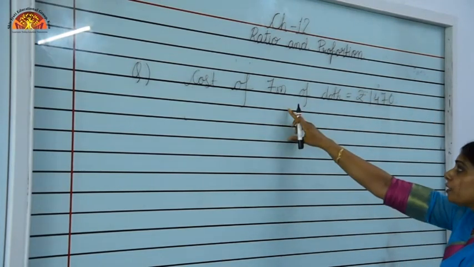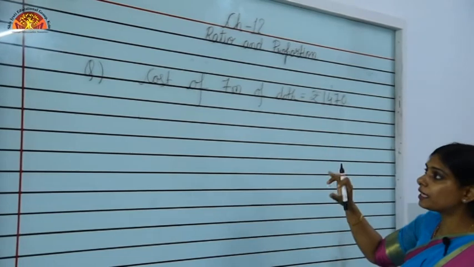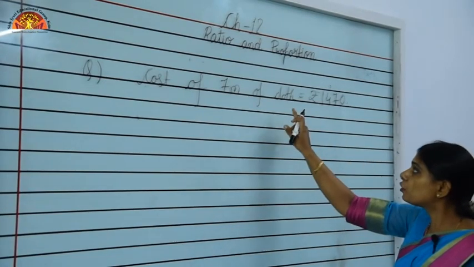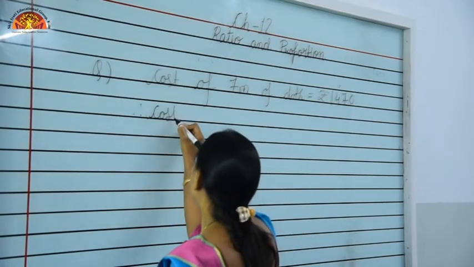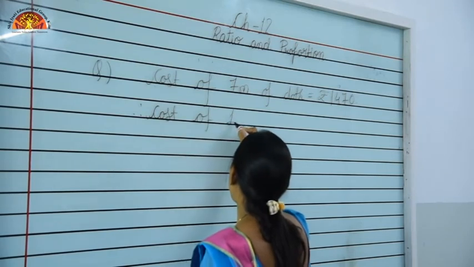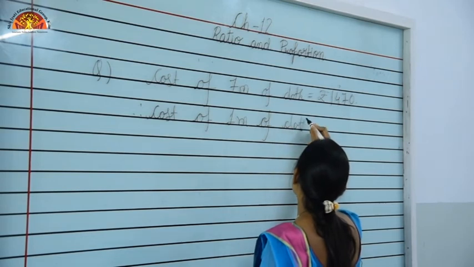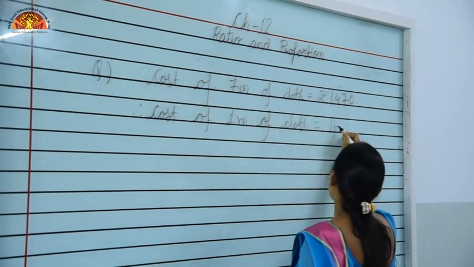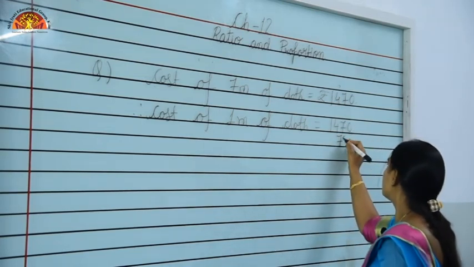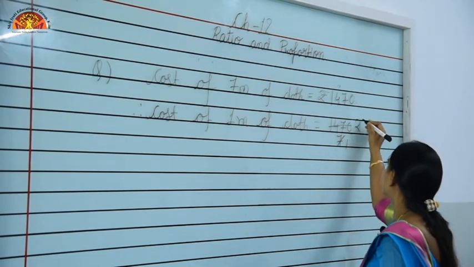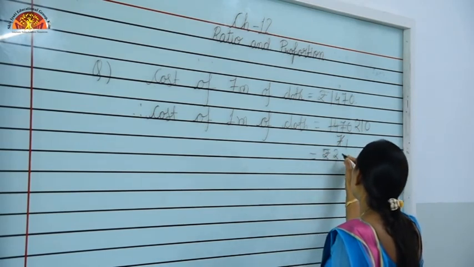₹1470. तो 7 मीटर ऑफ क्लॉथ का कॉस्ट कितना दे रखा है? 1470 रुपीज. तो अब हम यूनिटरी मेथड के अकॉर्डिंग 1 मीटर ऑफ क्लॉथ का कॉस्ट निकालेंगे. So therefore cost of 1 meter of cloth is equals to 1470 upon 7. So 7 ones are 7, 7 twos are 14, 7 ones are 70. So cost of 1 meter of cloth is rupees 210.